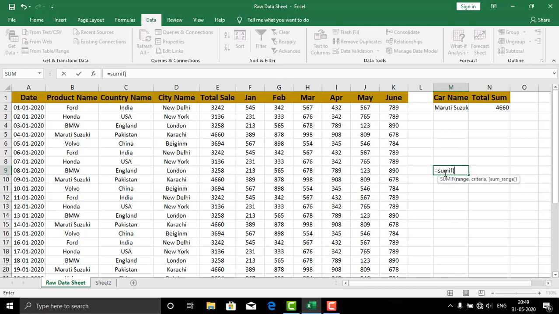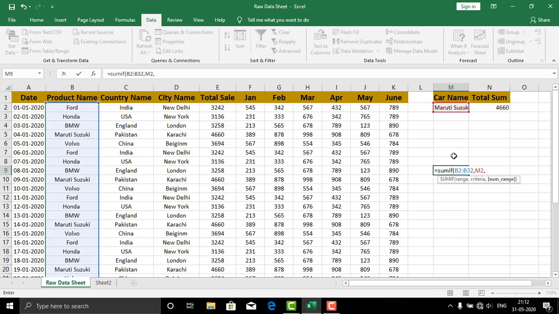So what I will do, I will select this area, it's the range. This is the one which contains that criteria, and I can have my criteria mentioned over here. This can be my criteria, and then I type a comma and the sum range. Which range do you want?